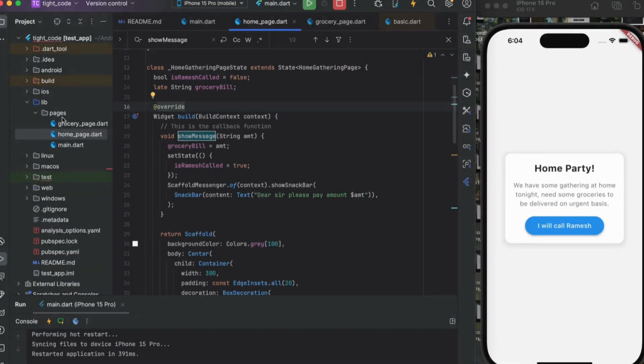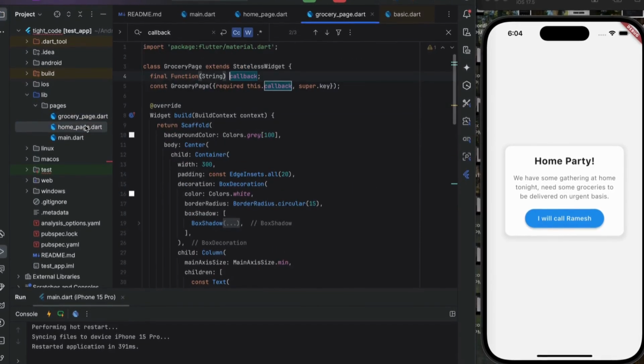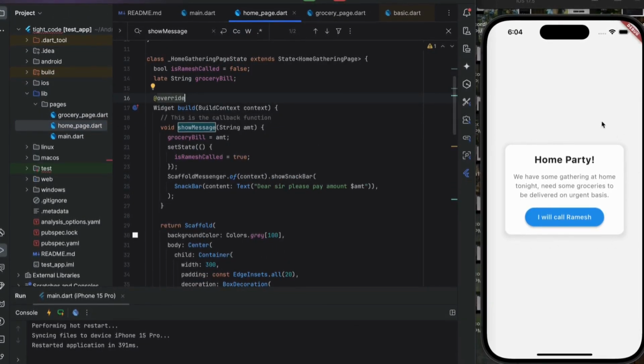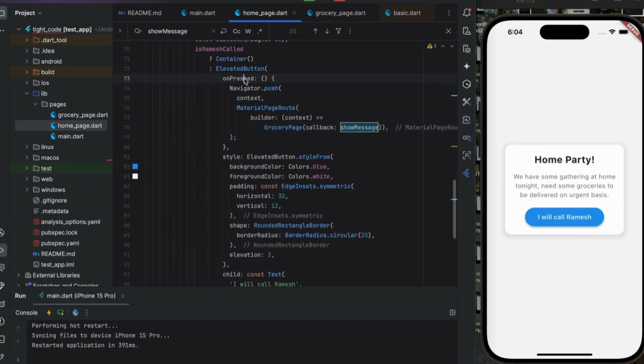Here we have two pages. One is the home page and another is the grocery page. If you see the layout on the screen, we have a home party as a title, and then some description about how we have a party at home and we need some groceries, and I'll call Ramesh as a CTA. So in the home page, if I go to that elevated button, it has an onPressed function which will on click of it